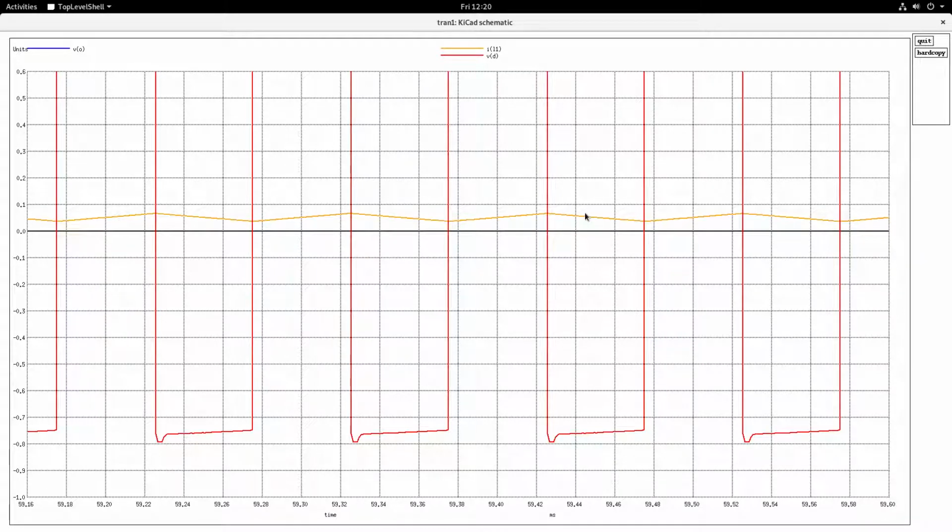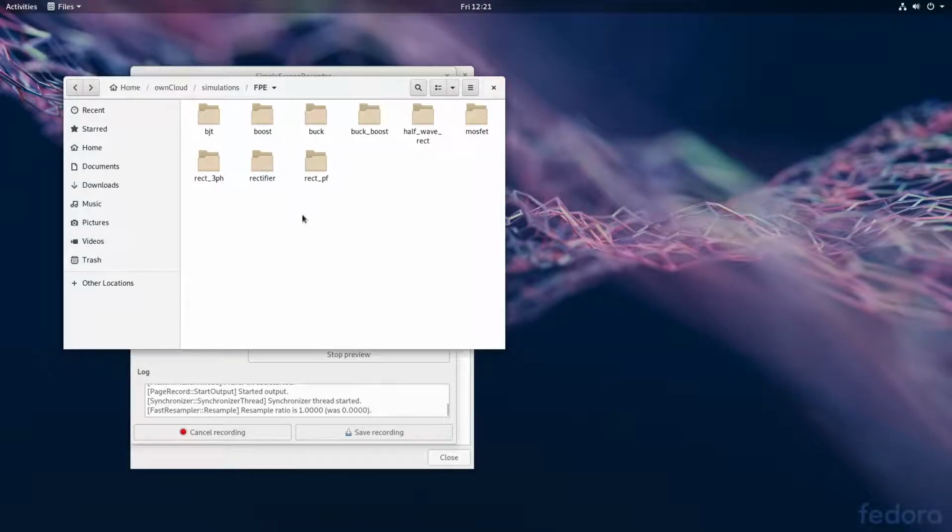Of course, I will not describe the circuit. We have already seen that and we have understood the circuit. I will leave it to you to explore the various waveforms for the buck schematic. You do the simulation and then try to find that out. Now I will close this simulation and let me open the boost converter folder.